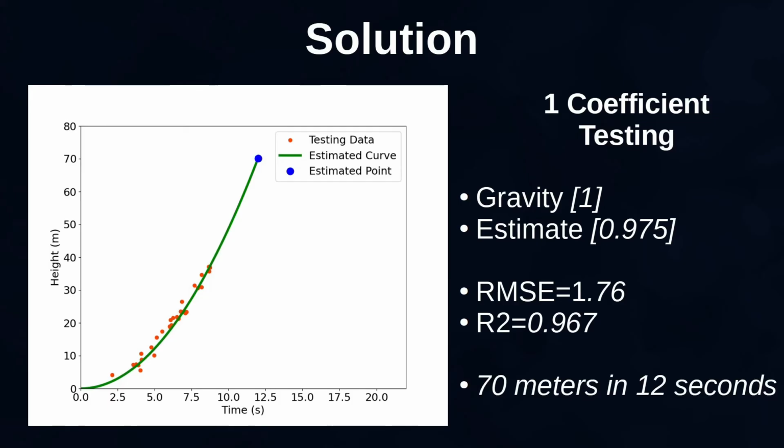Before dropping the device into the pit, the robot also uses testing data. These are experiments not used to find the gravity, but if the estimate is accurate, the points should still be close to the green curve. And as we can see, also in this case, the curve is able to describe the points pretty well, and both the root mean square error and R-squared are close to the values obtained for the training data.